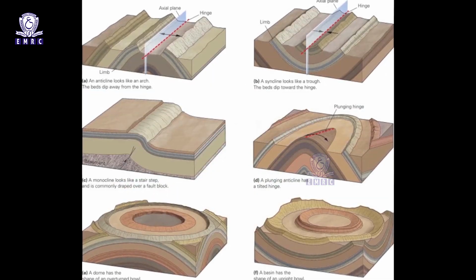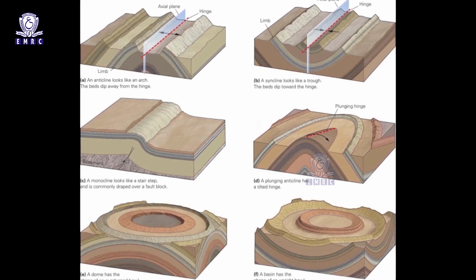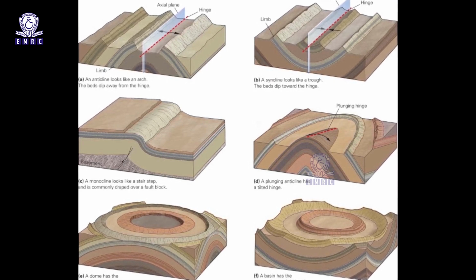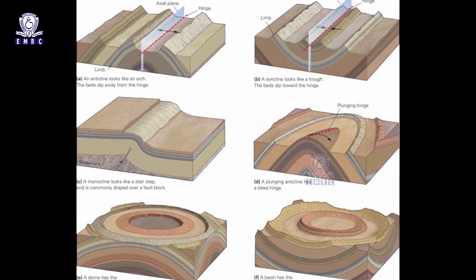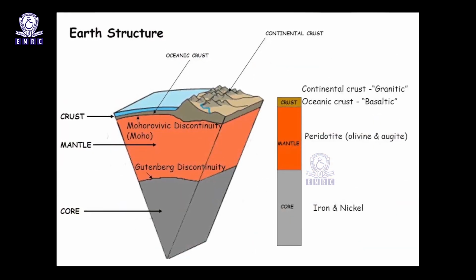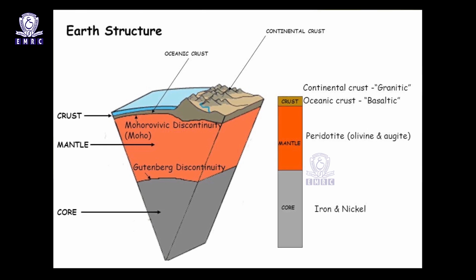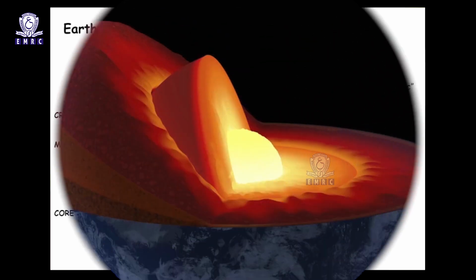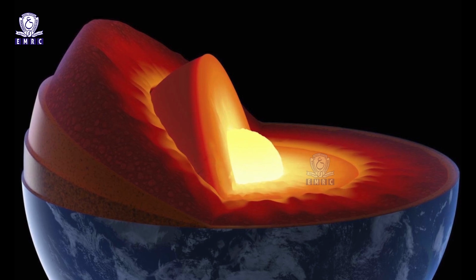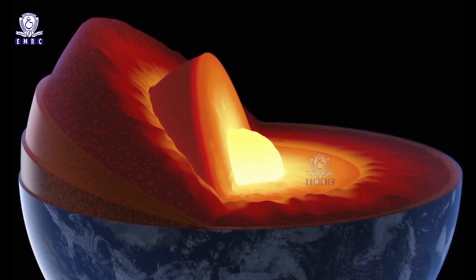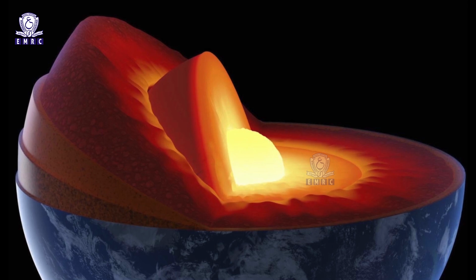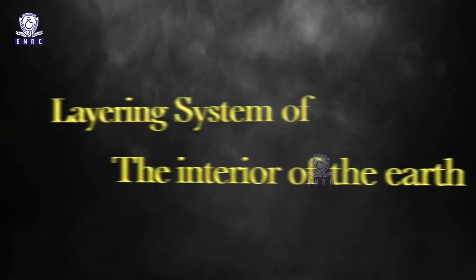Besides, mountain building activity, which is caused due to folding, faulting, warping of the earth's crust, is due to the forces that are located in the interior of the earth. It is therefore very essential for the student of geography to have some basic knowledge about the interior of the earth. With this background, the basic aim of this lesson is to understand different views on the internal structure of the earth.